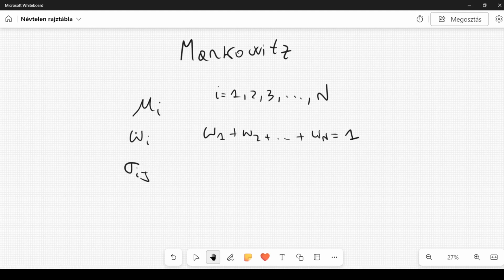The expected return, which is mu_p, and the variance sigma_p squared of the portfolio, where p stands for portfolio: mu_p will be given by the sum of omega_i mu_i, where you sum over i from 1 to n,